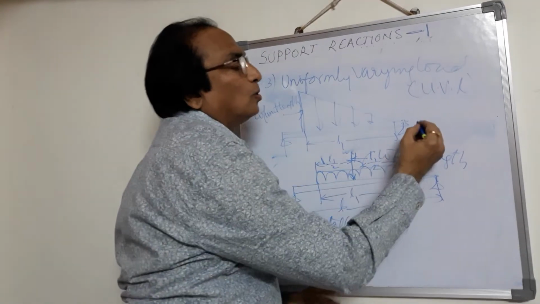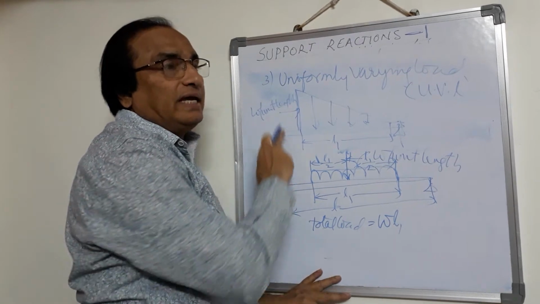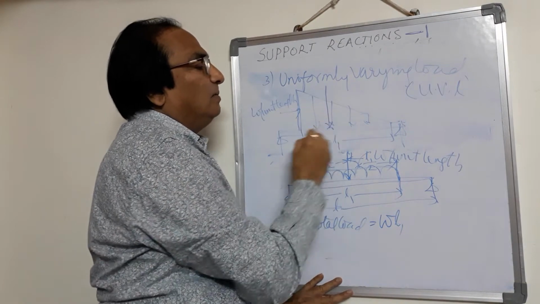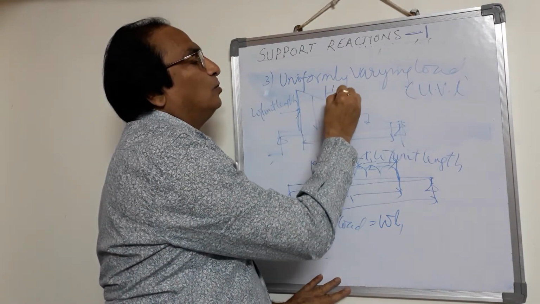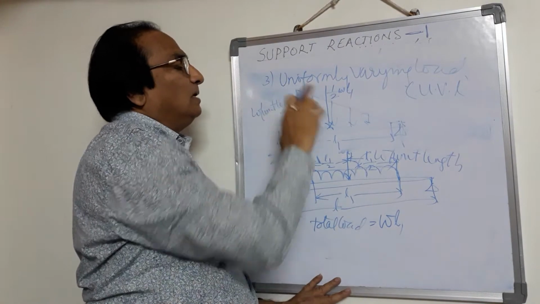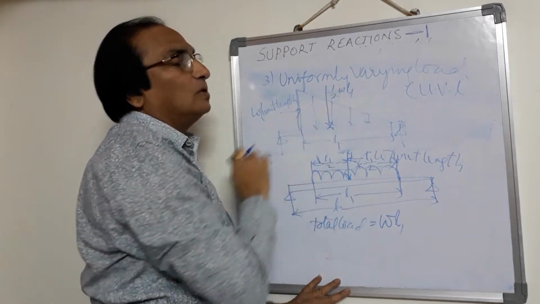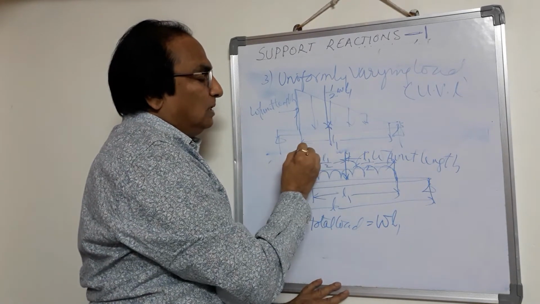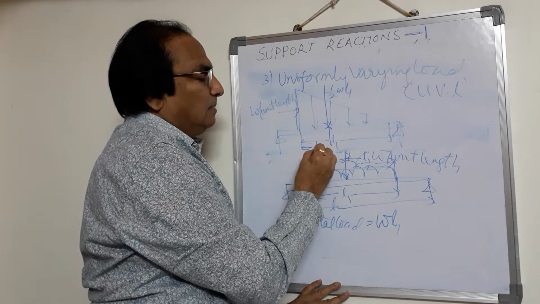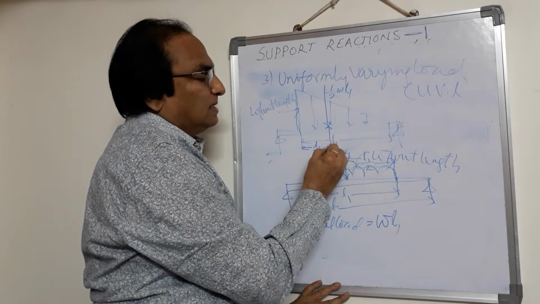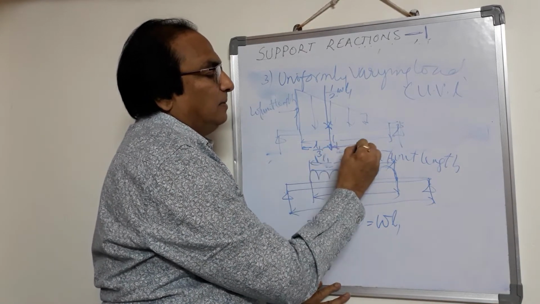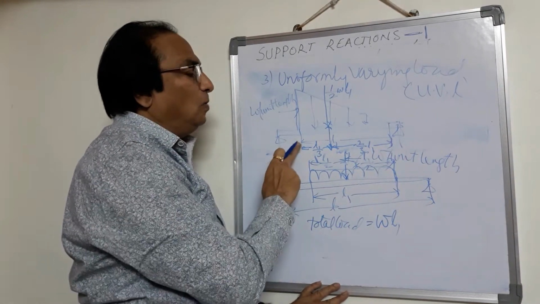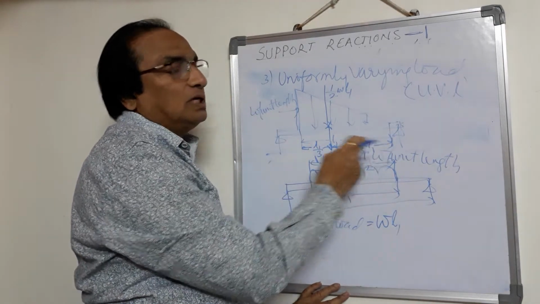Now here, the total load, if you want to know, it is nothing but the area of the diagram. The diagram is a triangle here. So the total load acting will be the area of triangle, half into base into height, W and L1. Half into W into L1, and the weight of the body always acts at the centroid. The distance of the centroid from the base will be L1 by 3. Then this distance will be 2/3 of L1, so that the total length will be L1. 1/3 from base, 2/3 from the apex.